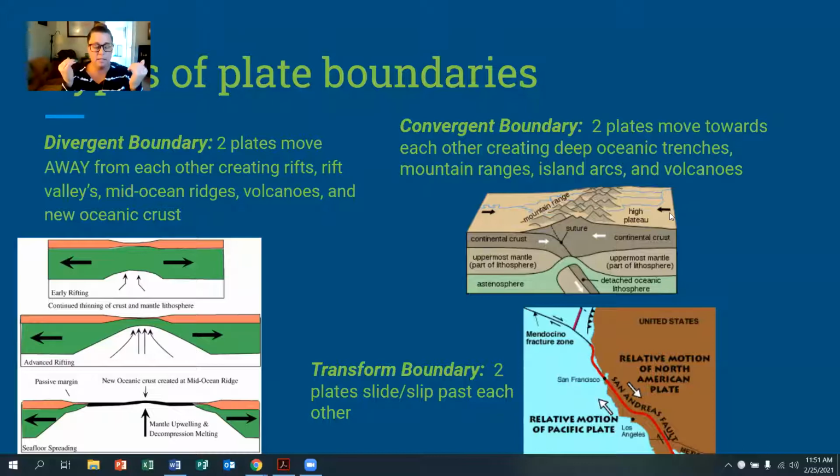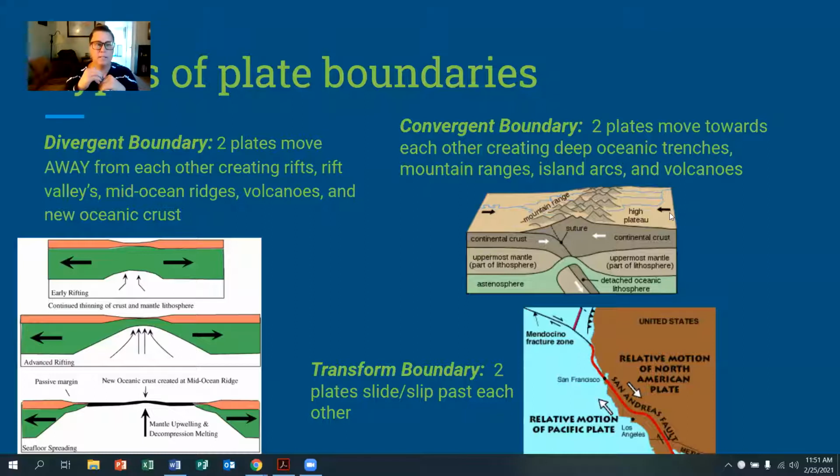Lastly, at a convergent boundary, you can have an oceanic plate meeting up with a continental plate. And what happens is when the oceanic plate meets with the continental plate, the oceanic plate is more dense than the continental plate. So they don't really compete. What happens is the oceanic plate gets pushed underneath the continental plate, and that's what we call a subduction zone, right? So it subducts, it goes beneath the continental plate.